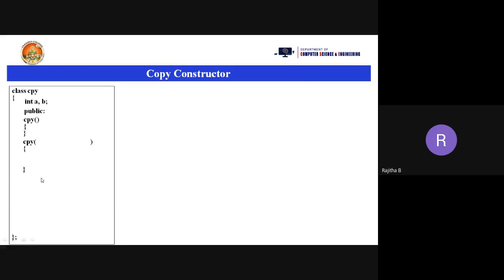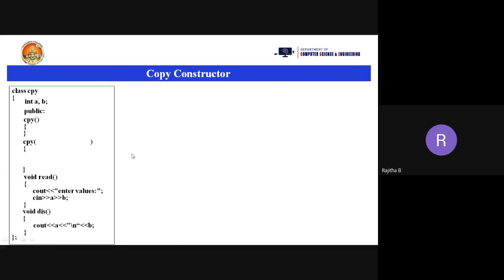Okay. Now after this, I want to read the values first. I have taken the data members A and B. I want to read the values into A and B using the read function. So observe this carefully. I'm using the read function. In the read function, I'm going to enter the values of A and B. Then I want to display the values using a display function. A and B, I'm going to display the values here. So this is only my plan. It is not the original one. It is only my plan, or logical.